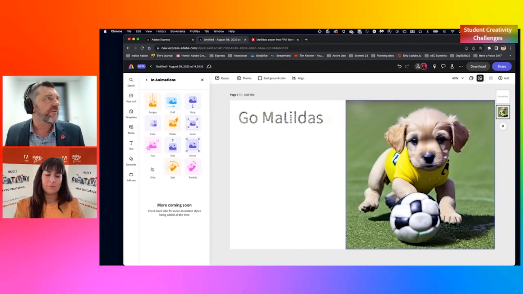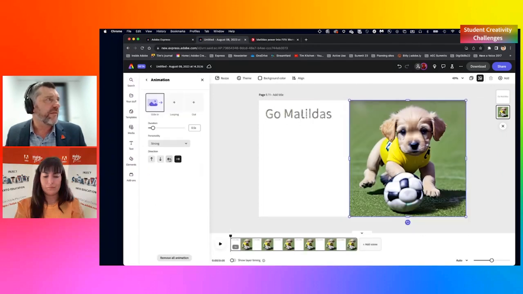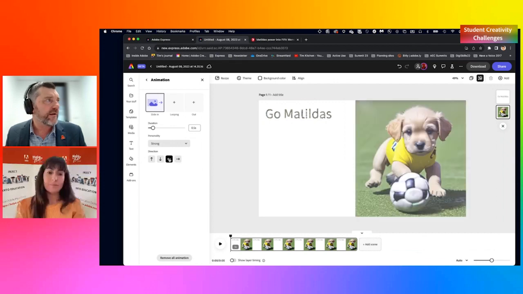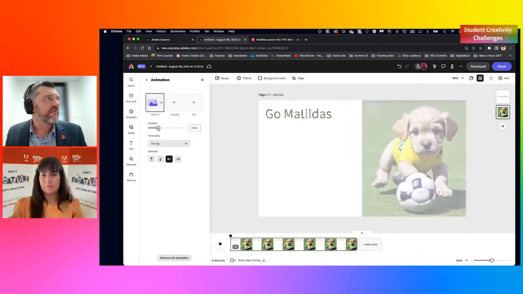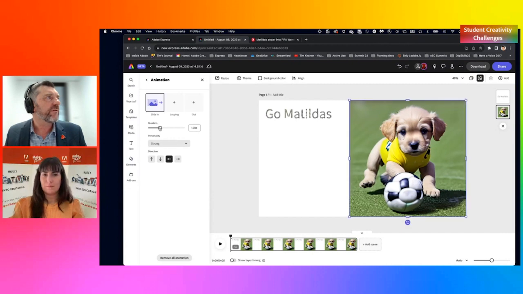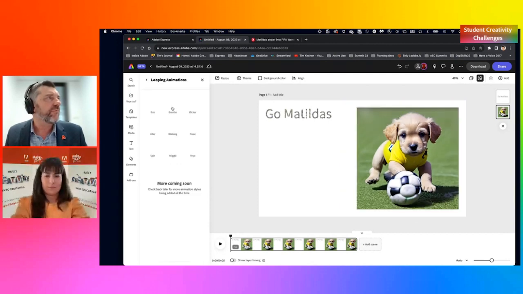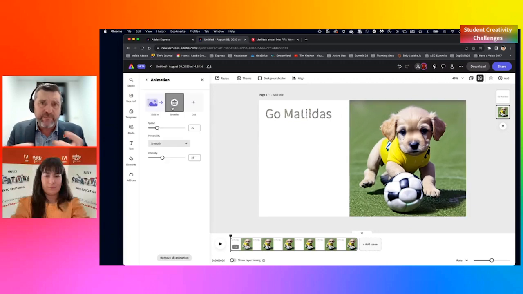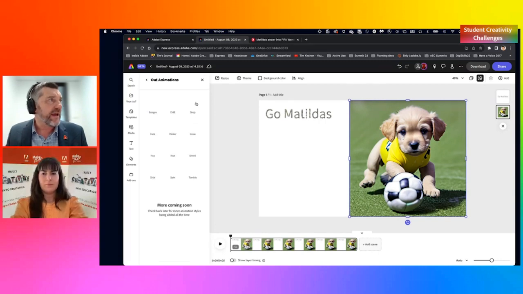I'll choose a slide, and I want the slide to come in from the right, and I want it to take about a second to come in, so that'll do, it's close enough. When it's in there, I actually want it to animate as well, so I'm going to click on the looping animation option and maybe choose the breathing option, so it is actually animating while it's still part of that particular scene in the video. And then if I want it to slide back out again, I click the out button,